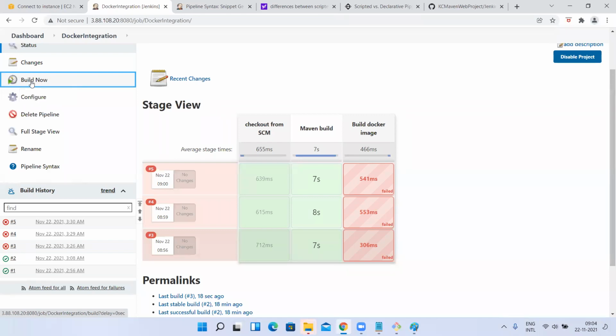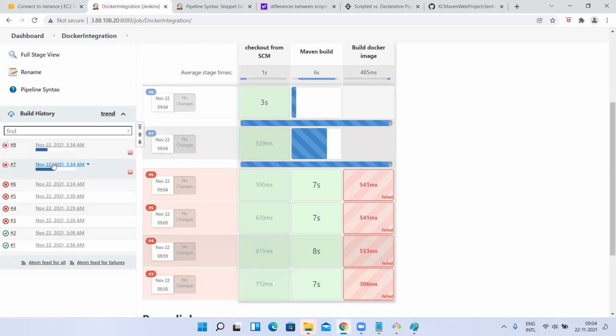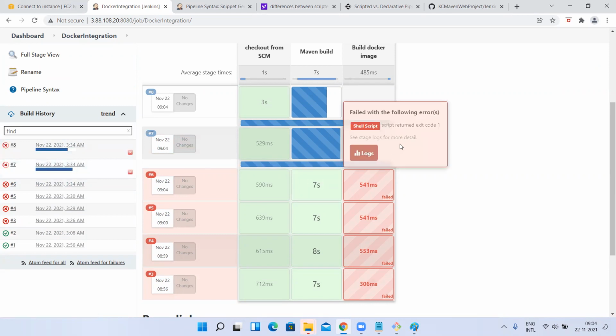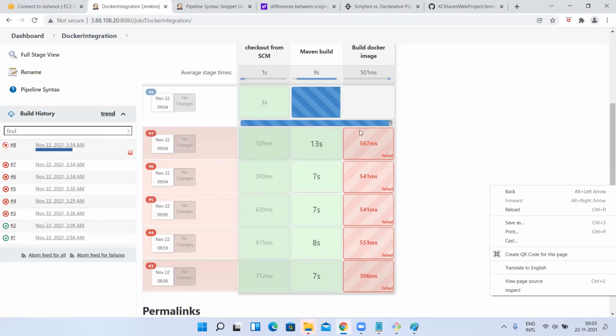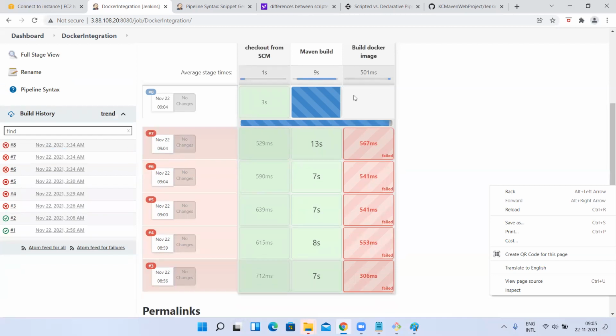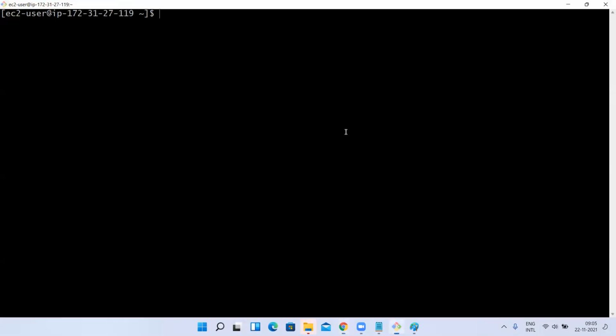Let's see. Okay. Did I click on this or not? Let me click once again. Oh, so 3 times, 2 times I clicked. Okay, anyway, I think it failed once again, or let's see what will happen. Okay, it failed. Let's see that eighth one also and then check the logs. What is it saying? Permission denied only. So I added the Jenkins user, right?